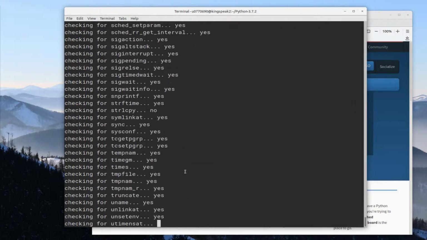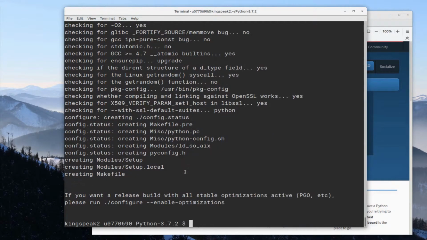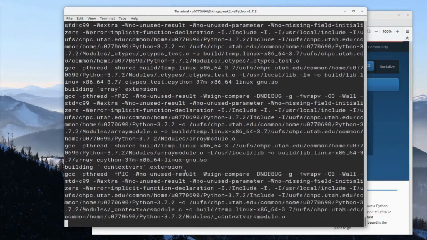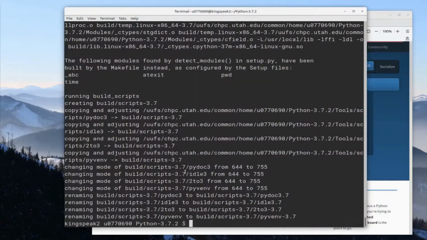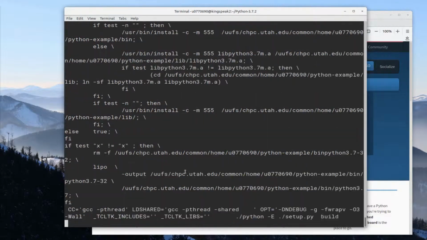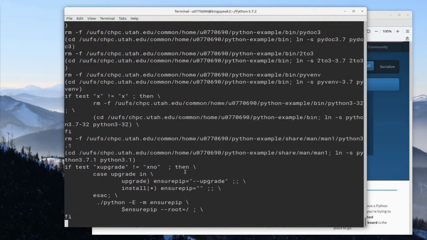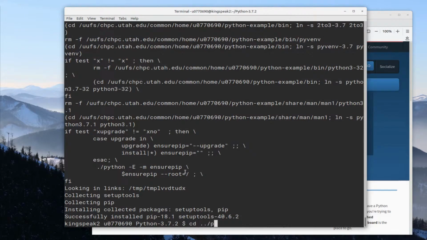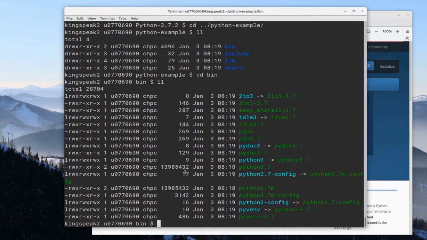So when I run this, it will configure everything to be compiled, and it will set it up such that it will be installed in the Python-example directory. So after this finishes, I can make, and then make install to finish up. So now I have all of my Python executables in python-example/bin, and so I can run ./python3 to run Python